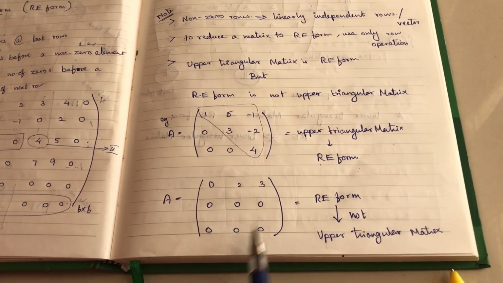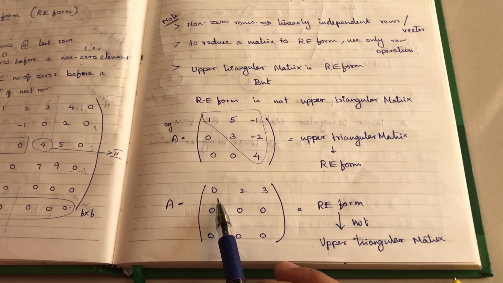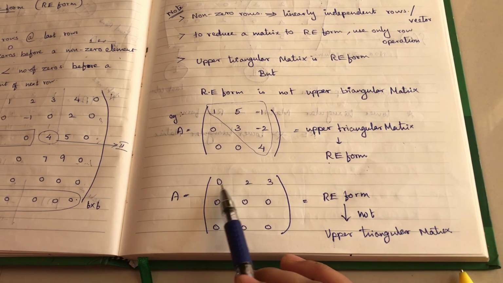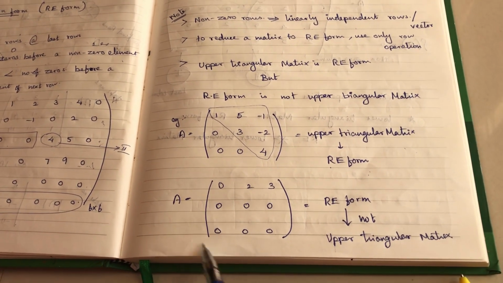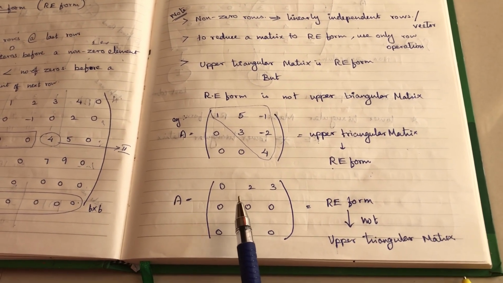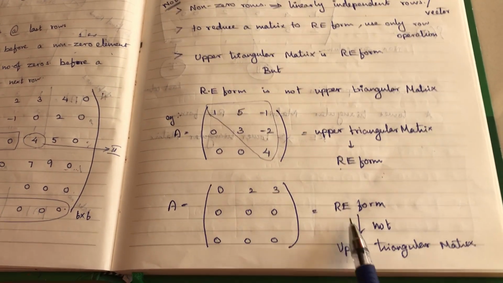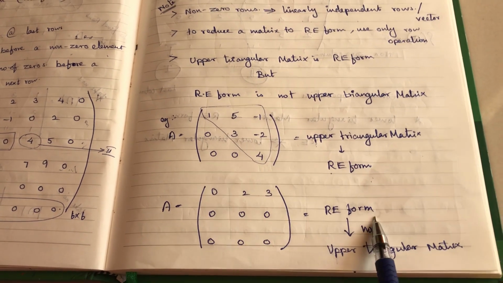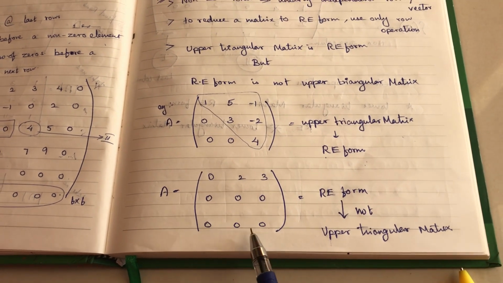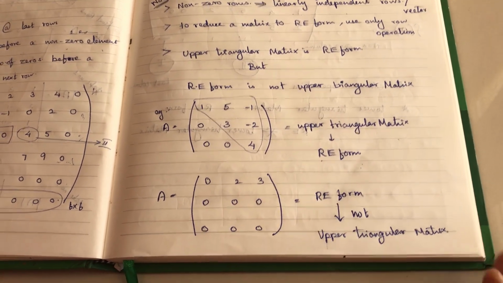But here you can see this matrix satisfies the ORI form. The first condition is that the last row should be 0, and the second condition is about any non-zero element. Before that non-zero element, how many zeros are there? 1 zero. By comparing with the next rows, this zero count is less than those zeros. So the second condition is also satisfied. If two conditions are satisfied, this matrix is in ORI form, right? So the ORI form is not an upper triangle. Is there any triangle you can form? No. So ORI form cannot be upper triangle, but the upper triangle can form the ORI. Okay.